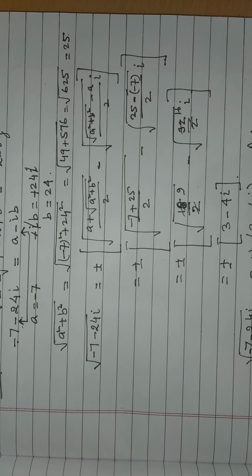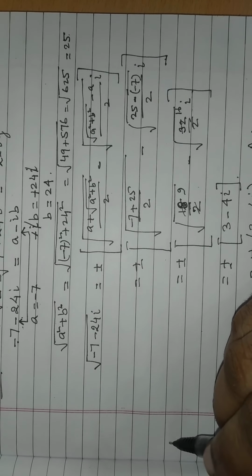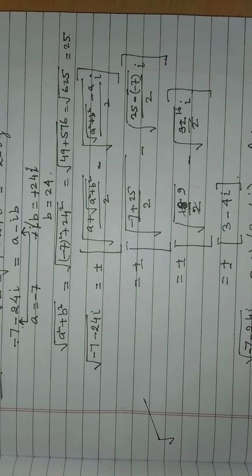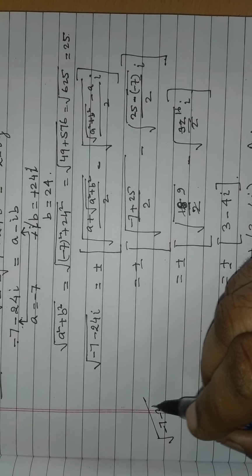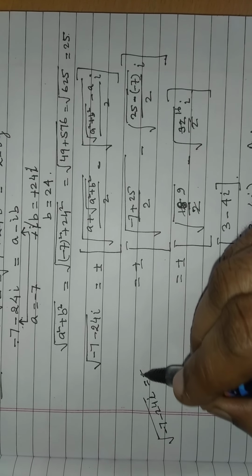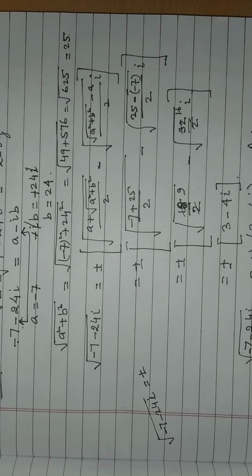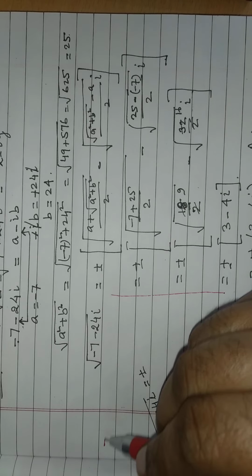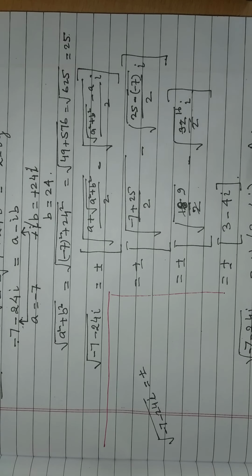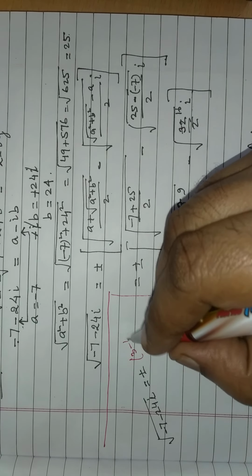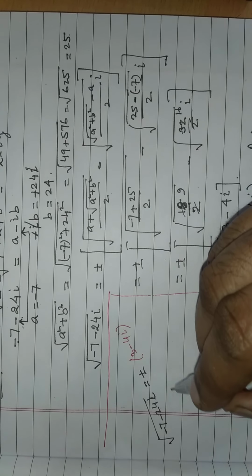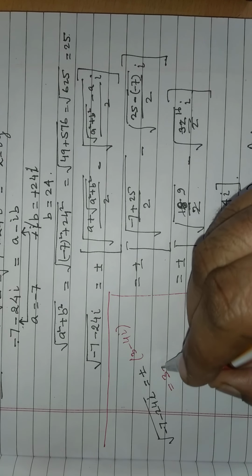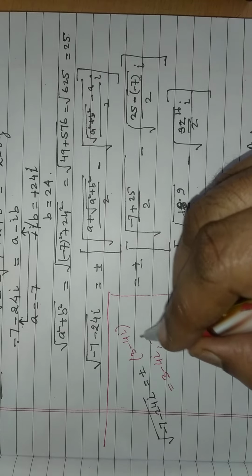I am writing the square root of -7 minus 24i is equal to plus minus (3 minus 4i). So first, if you take the positive sign, 3 minus 4i, and second, if you take the negative sign